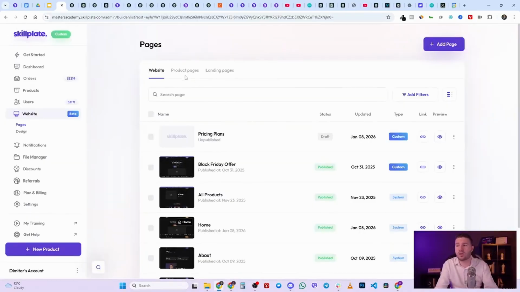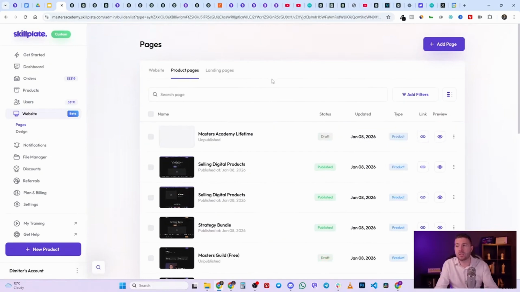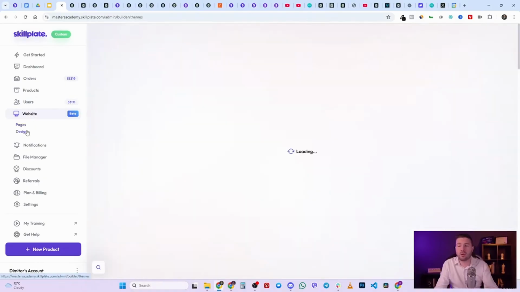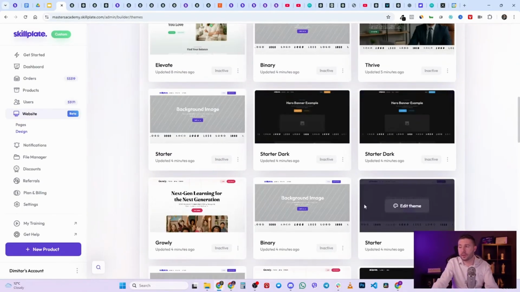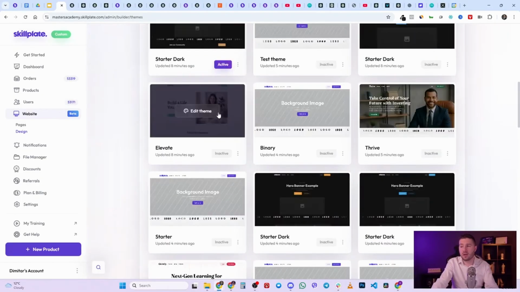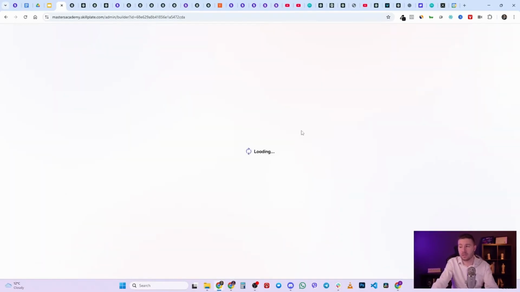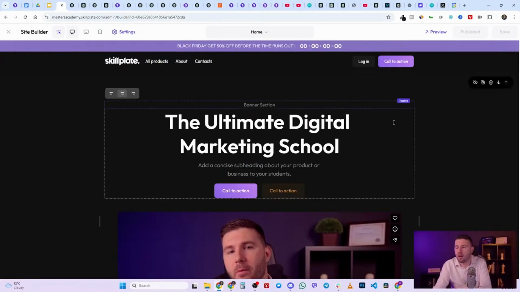So when you go here in the website, you will see what are your pages. You will see your product pages, your landing pages, and so on. And by the way, if you go back here to the design, you will see you can have multiple different themes that you can use, and whichever one is active is going to be your actual website. So if I open up my website now, you will see here is my page,